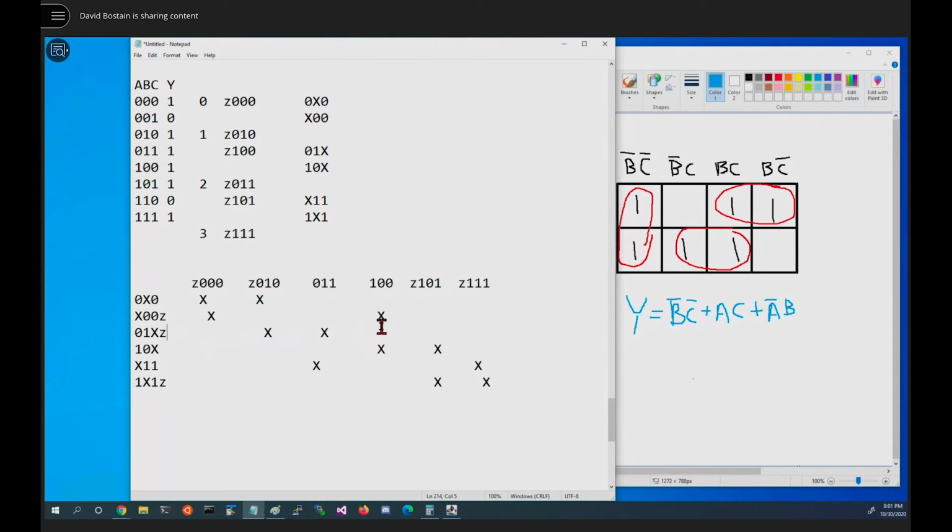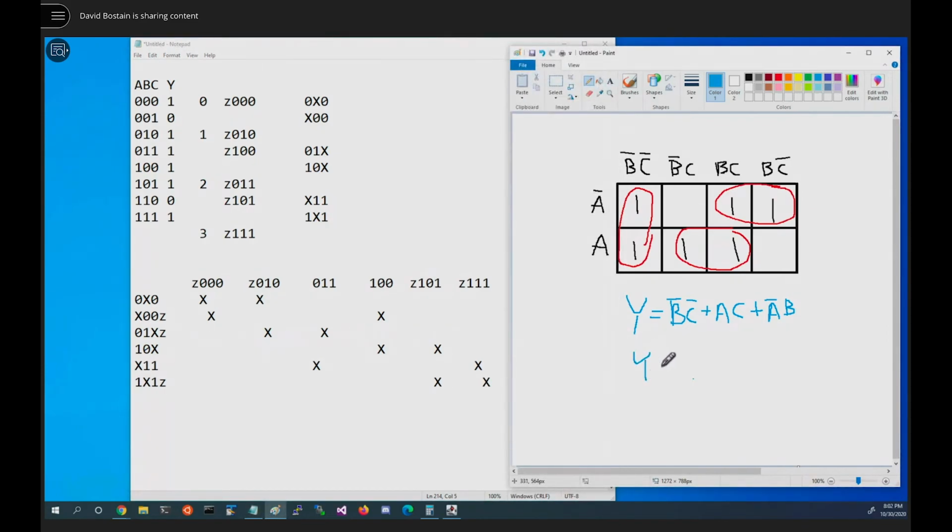That still doesn't cover. What's weird is that for me, not A, not C, or A, not B, or B, C. That's what I got as my final equation. Say it again. Not A, not C, or A, not B, or BC. And that should be not C at the first one. Right here, not A, not C. Okay, so let's cover those.